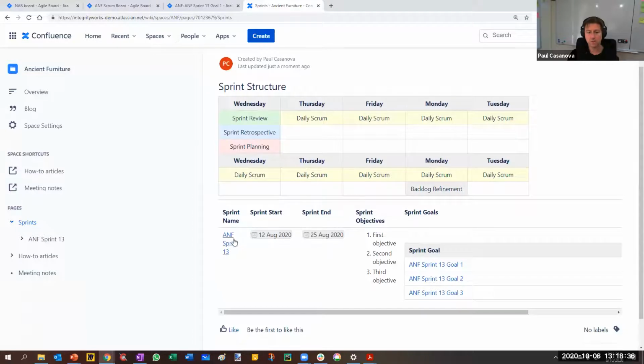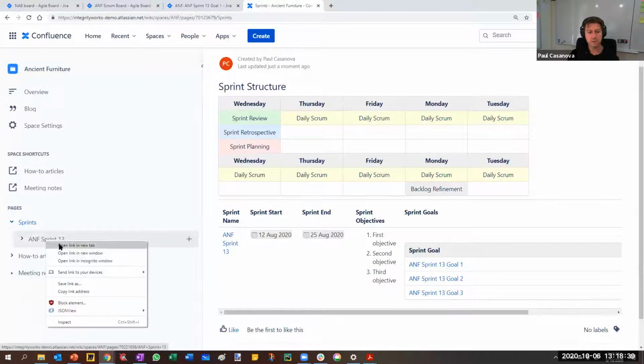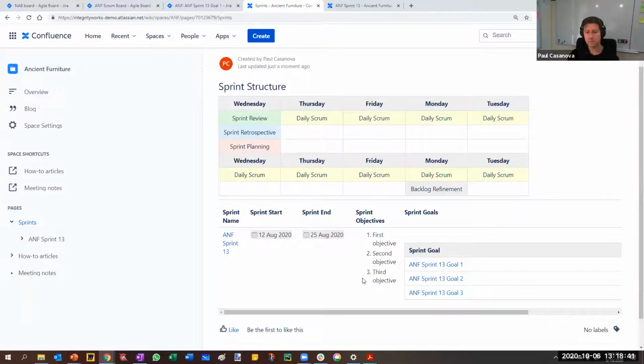So if we look at ANF Sprint 13, that's the page that we're looking at in this summary here. The columns that we can see here are sprint name, sprint start date, sprint end, the sprint objectives, and the sprint goal. They are being pulled from attributes of the child page. Over on the left-hand side, we've got sprints as the parent page, and then just one child page at the moment, ANF Sprint 13. So if we look at what Sprint 13 is made up of,